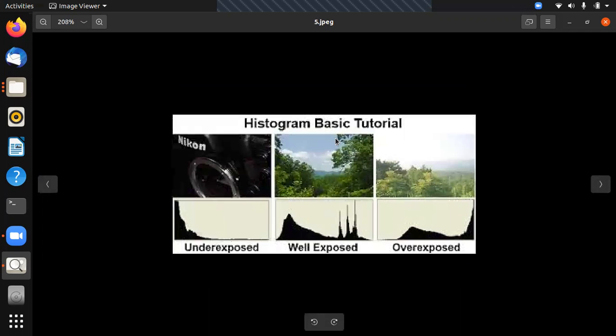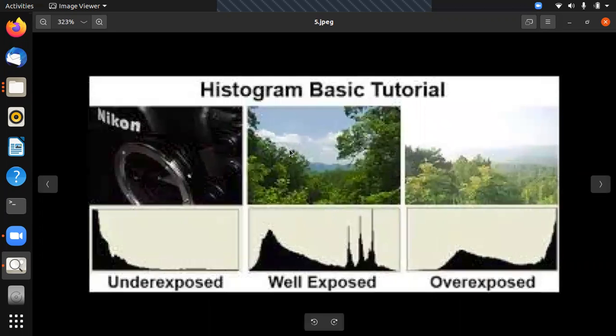What we have to understand is that for a properly exposed photo, the histogram will look like this, with things in the mid-tone, whereas for an underexposed photo, the histogram will look like this on the left-hand side, meaning most of the things are underexposed. An overexposed photo will look like the right-hand side of the histogram, right?